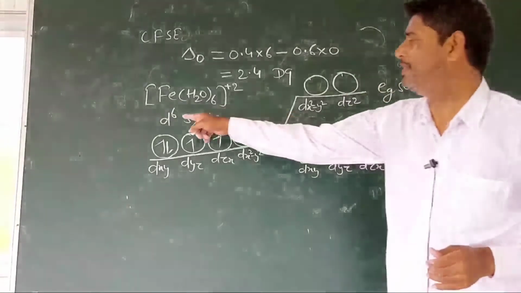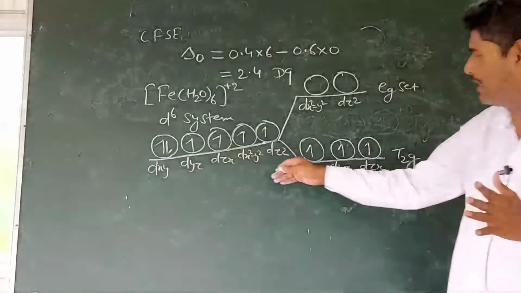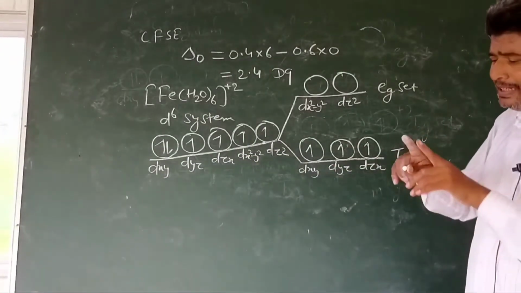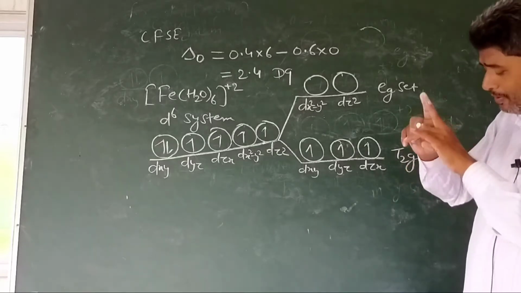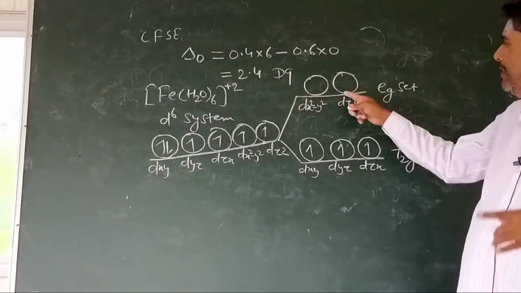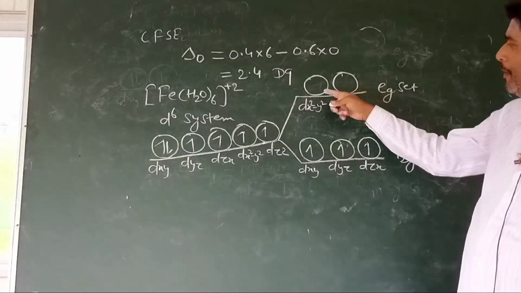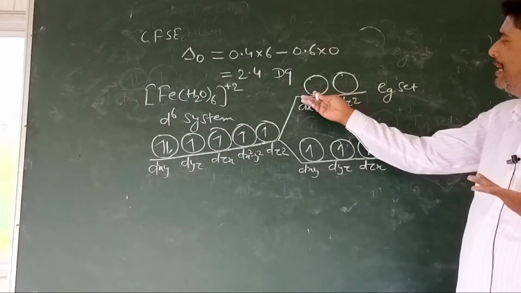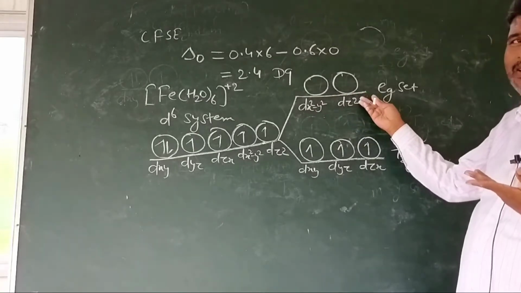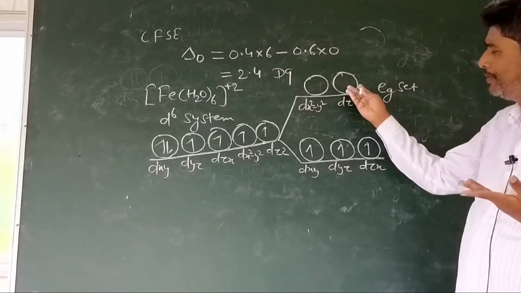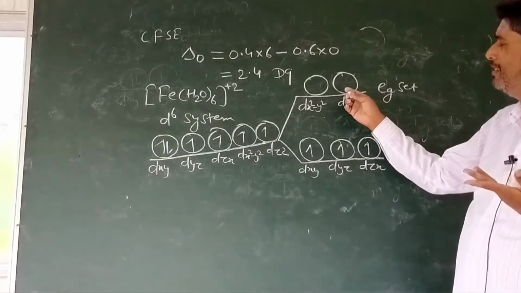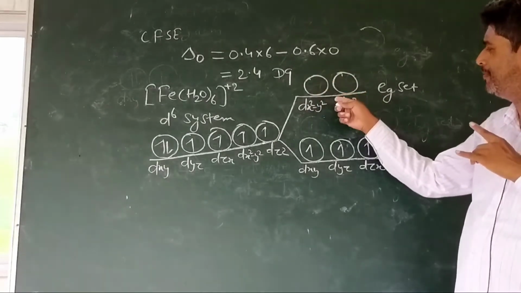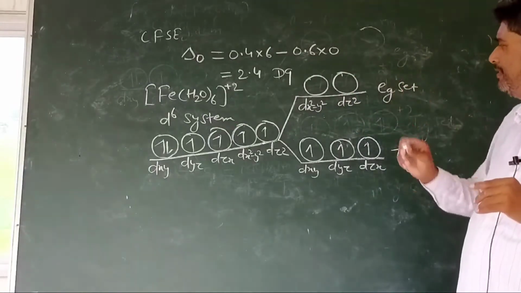So we have 6 electrons. 3 electrons have been distributed, and now we have the remaining 3 electrons. So now the remaining 3 electrons will enter the upper energy level. The upper orbitals are at the same height of energy level. These are also degenerate, hence they will also follow Hund's rule. Electrons will enter singly with parallel spin.